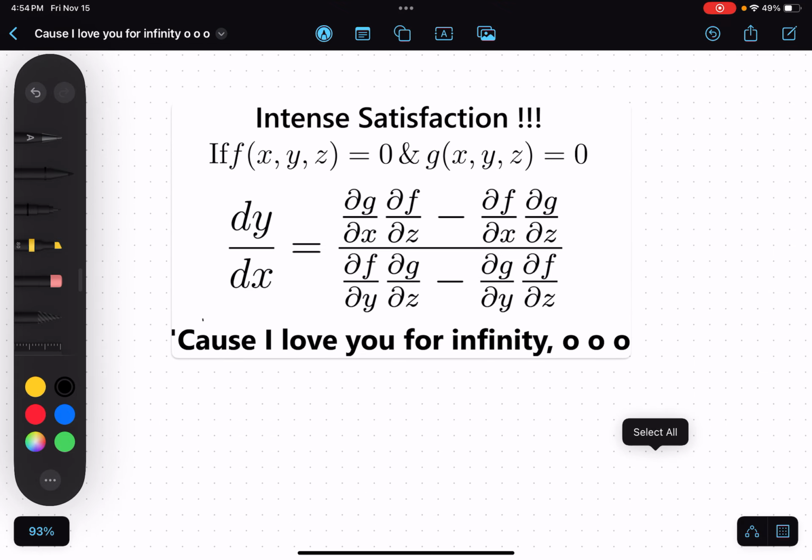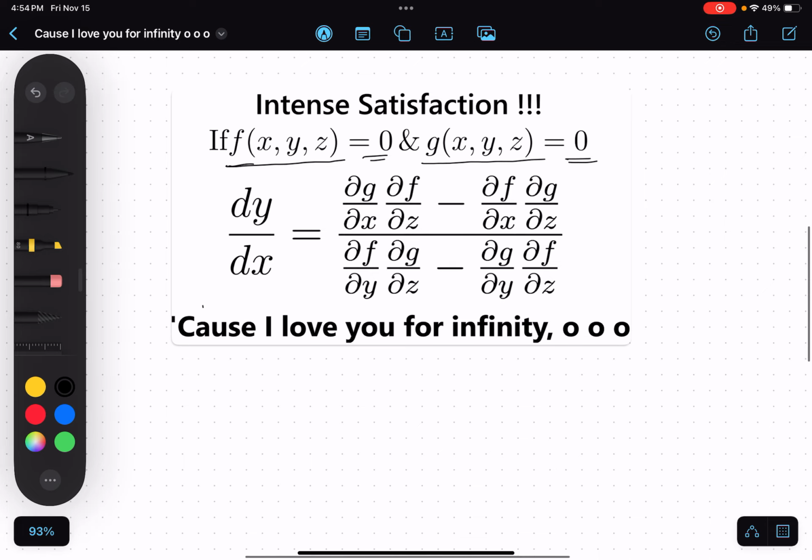So the case is we have two functions, f and g, which are all functions of x, y, and z, and those functions are all zero, right? We need to prove that dy by dx is equal to these partials, like a difference in the quotient, right? Before we go into this problem, to get the feel of the problem, I will try to see, in the case where the function is just of two variables, how do we find dy by dx,